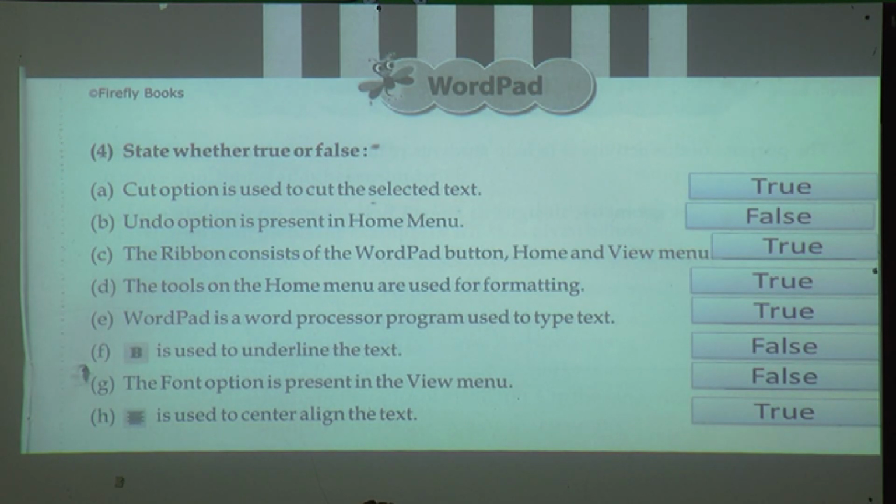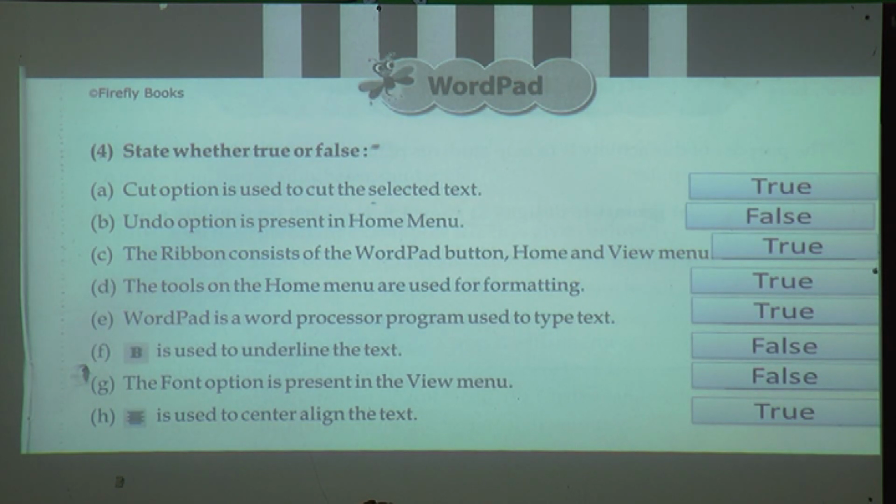True. B is used to underline the text. False. The font option is present in the view menu. False. It is used to center align the text. It is true. Now write down fast.